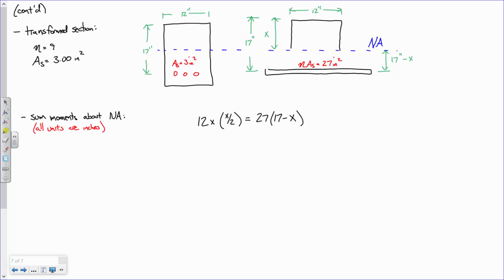Any other questions? This is good stuff. Everybody good? Okay. Now, on the left side of the equation, I've got 12x times x over 2, so that's 6x squared. On the right side, we've got to distribute that out. So what's 27 times 17? 459, minus 27x. So 6x squared plus 27x minus